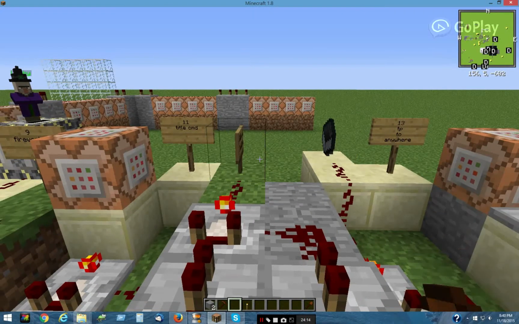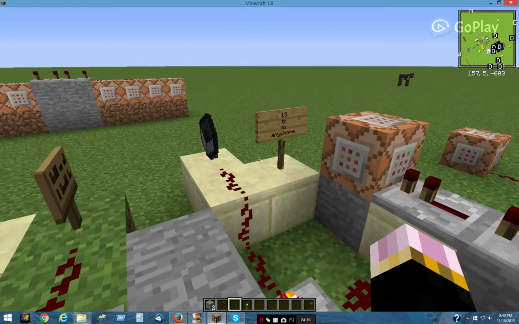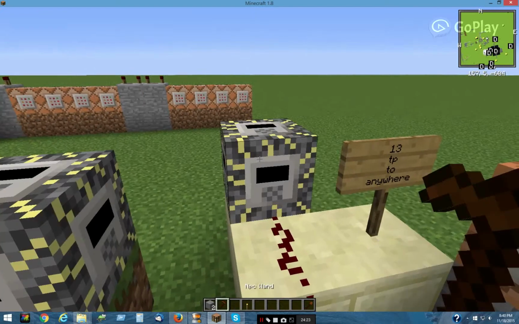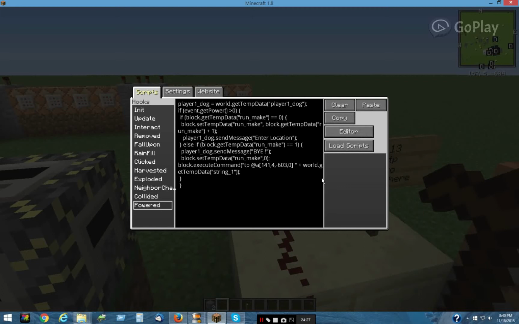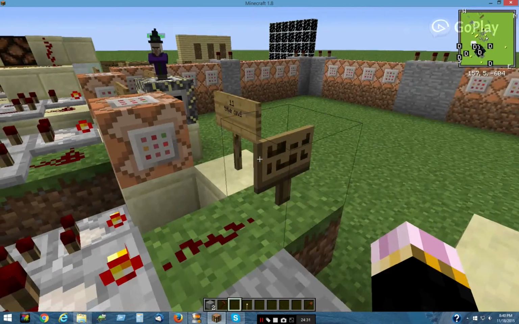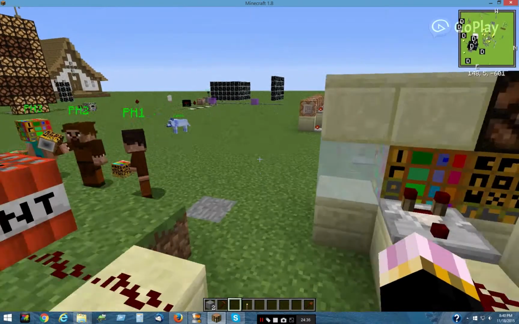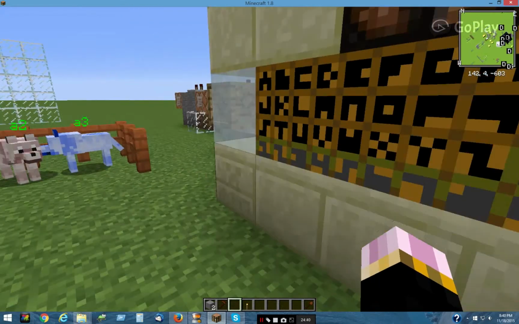So you could have, these are scripted blocks. I just made them look like this. Oh, I didn't use that one, but that's the transport anywhere one right in there. That has the script to transport you. It's really not that long. And this one I didn't show. It's just a simple